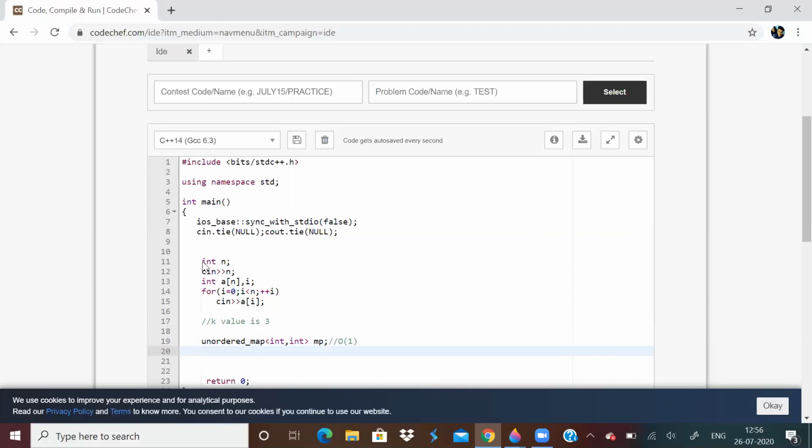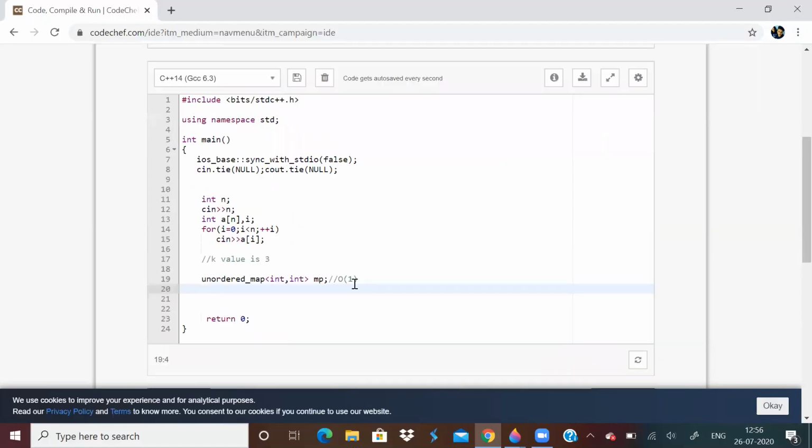So that is why we prefer unordered map. What is this map used for? This map is used for storing the distinct elements. I'll tell you how we use it. So we have fixed our k value to 3. That means the longest subarray having at most 3 distinct elements.